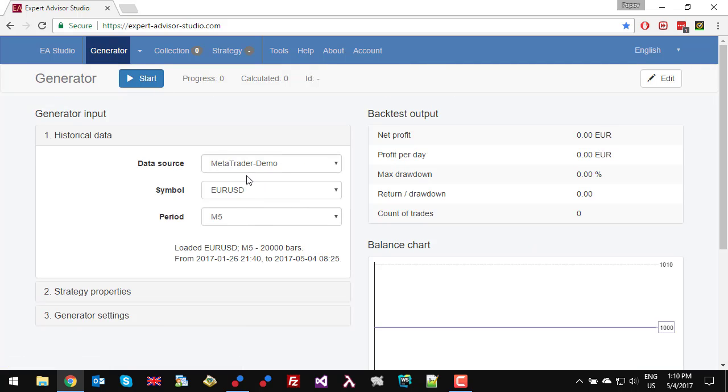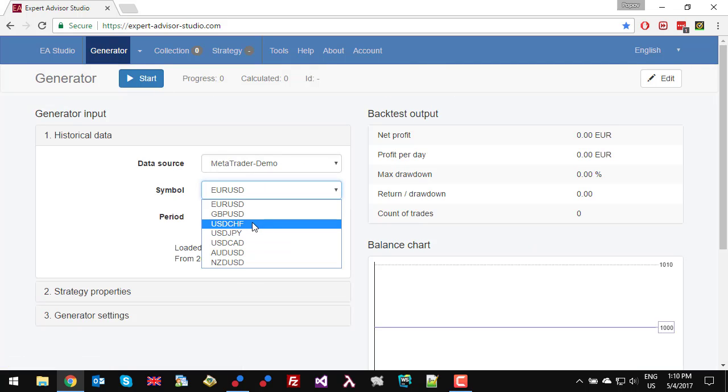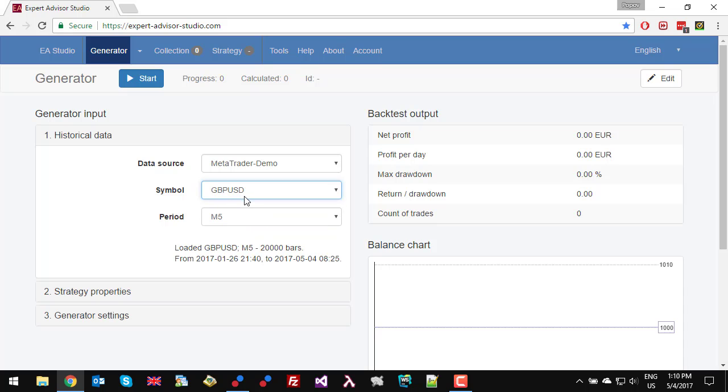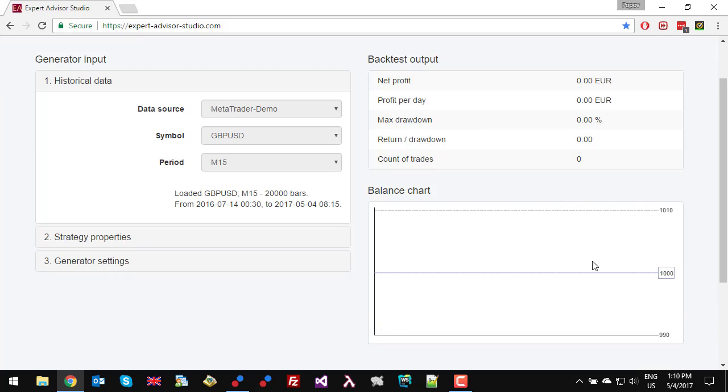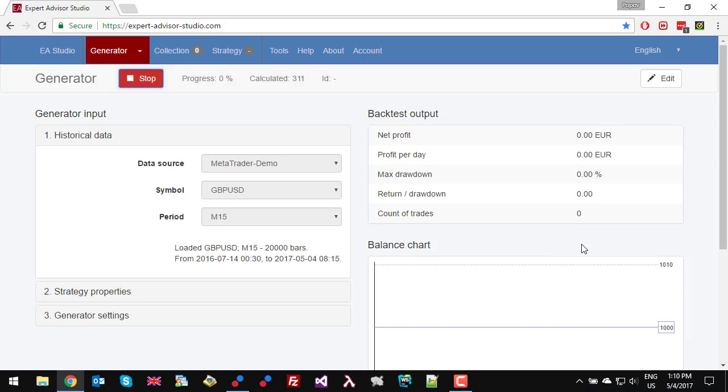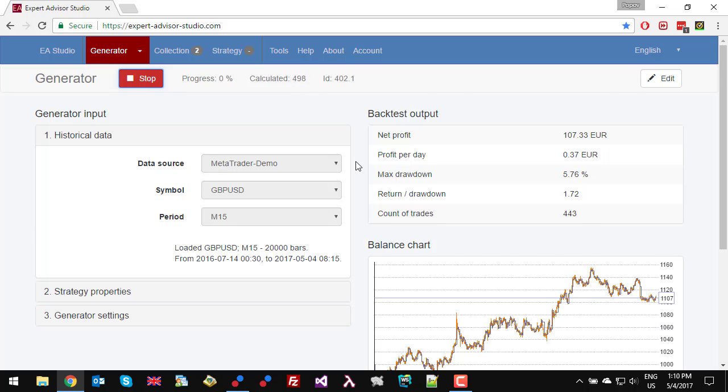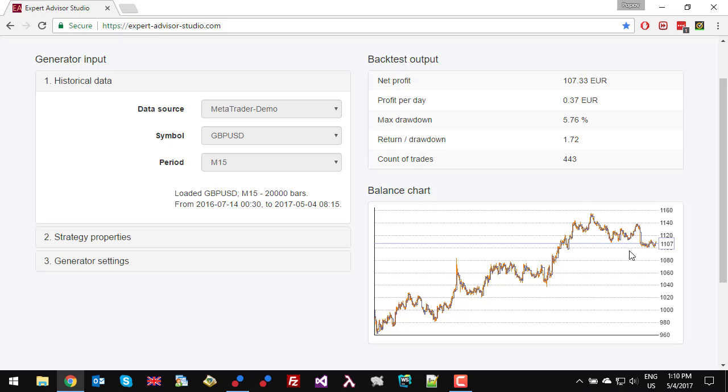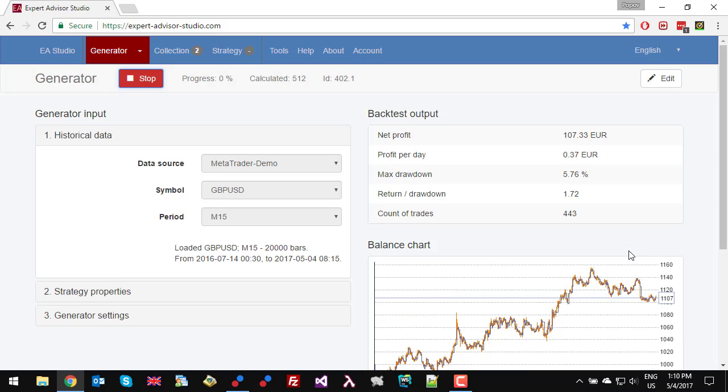It can generate strategies for any market. So let's choose Great Britain Pound USD and 15, and when we run the generator it calculates strategies, and when it finds one, it will show it here. It will show here the balance, the backtest. Okay, what happened? It's working. Currently it doesn't generate. Okay, we have a strategy already, and when the strategy is ready,